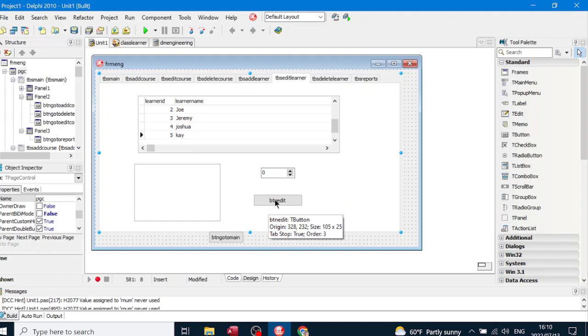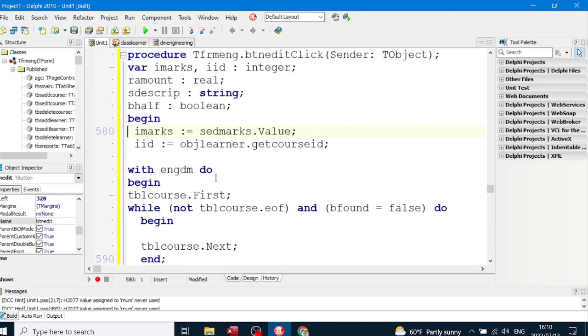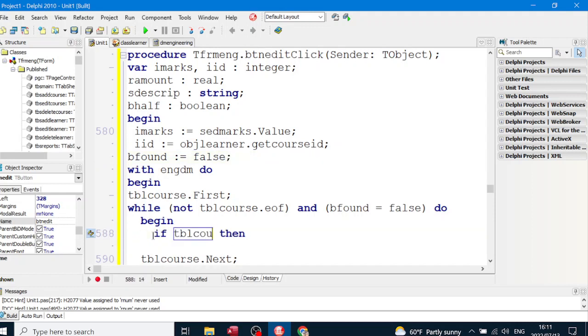Now in this btn edit we're going to get the marks from this spin edit. We're going to get the course ID using obj, the object get course ID. Then we're going to go through the table one row at a time, and while b found is false, so remember we want to stop the loop when we find the right course. We're going to say if tbl course square brackets, inverted commas course ID, if that equals this ID there,